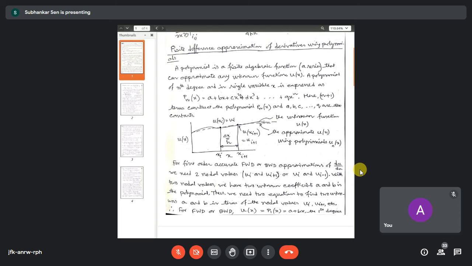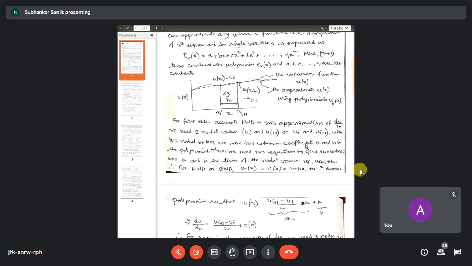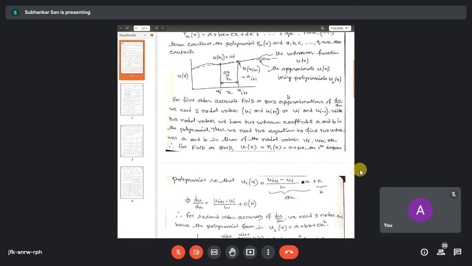If you are going for 3 nodal points, with 3 points you can get curves, but the parabola is the best curve: a plus bx plus cx square. So our unknowns here are a, b, and c. These things are written here. Okay. So when we are going for the 2 nodal point cases, xi and xi plus 1, in that case,